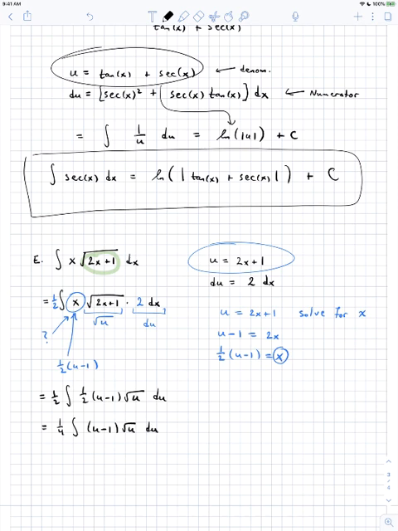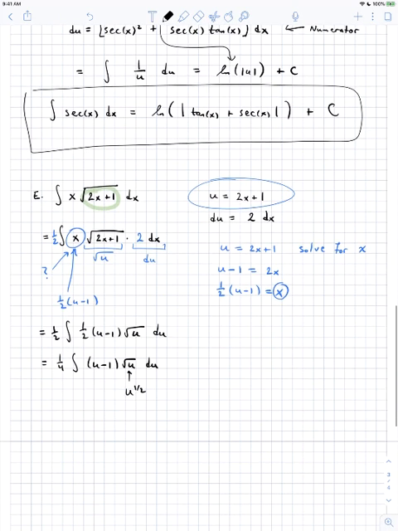At this point, you might think that maybe we're no better off. We started off with x and then times something in a radical. Now we've got the same situation but with u's. But this is actually okay. We still have a u in a radical, but we can now just rewrite this as u to the 1/2. So now we're going to have 1/4 times the integral of u minus 1 times u to the 1/2 du. And this makes everything better,